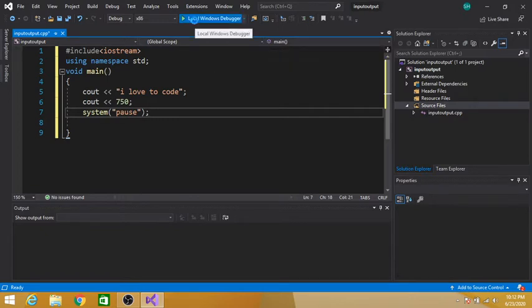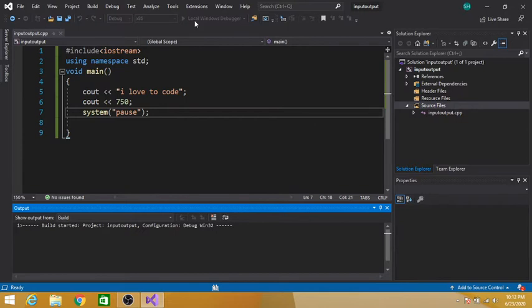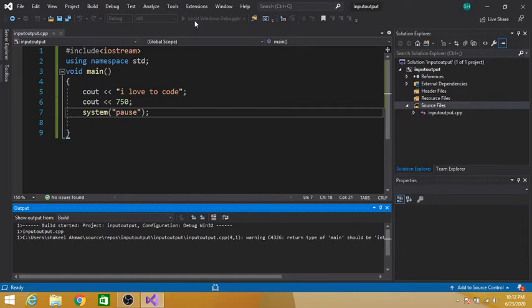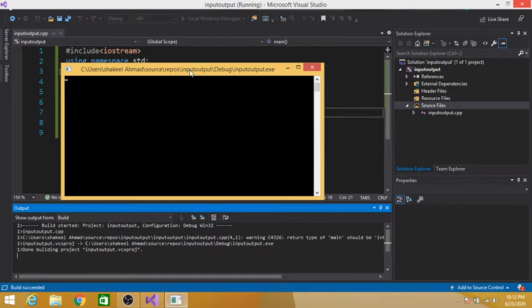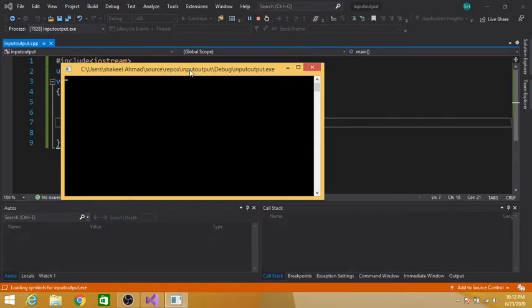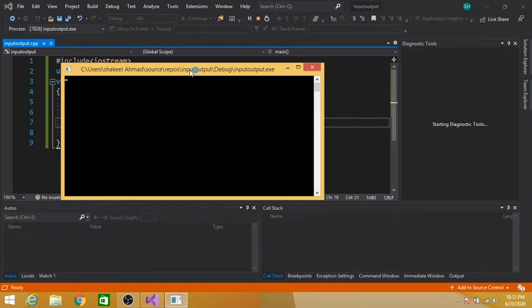So execute this program. I love to code 750. Press any key to continue.